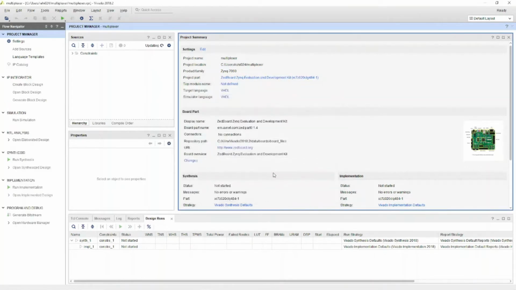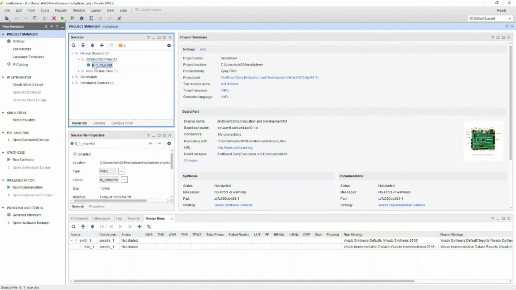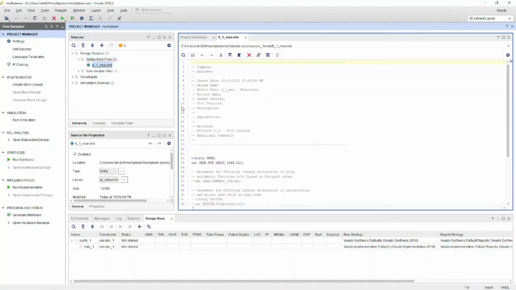So it will create a skeleton module, or skeleton entity. Yeah, so it is giving syntax errors. Why is it giving a syntax error? Let me see. It is VHD now, so it should not be. Yeah, it is giving some syntax error.